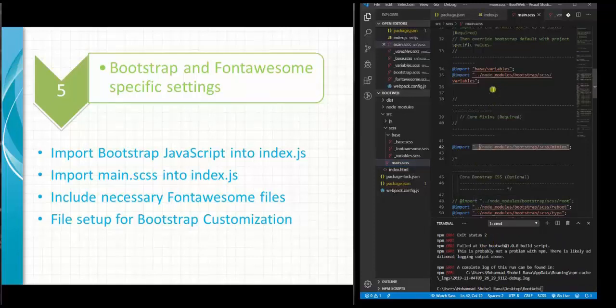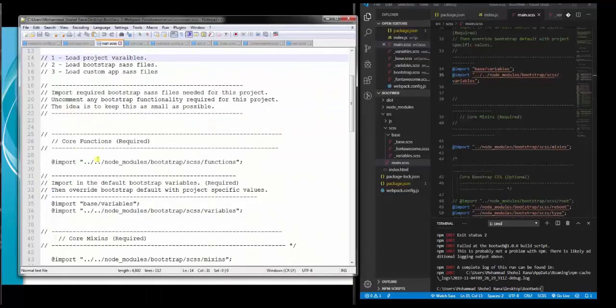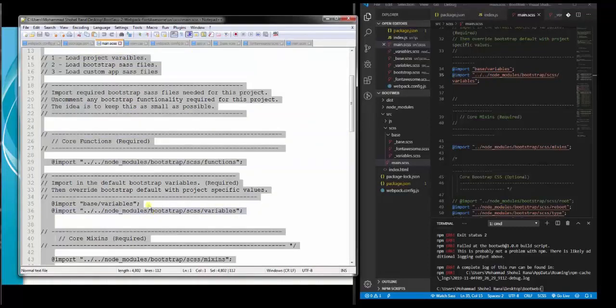This error is for our wrong path. We need to use double step back, because this is our main SCSS. We need to step back from SCSS, and then step back from the source folder, and then the root node module. So we need to go 2 steps back. This is the right path. Okay, don't worry, I'm going to grab this file. This is the right path with Ctrl C